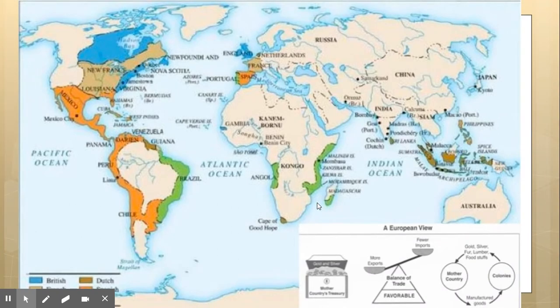And this is just kind of going back to the areas that are taken over by your European motherland. All right, so the mother country, France, Spain, and England, you can see all the difference. So England's owning everything in the blue, France, the Louisiana Territory, everything in brown, and then Spain, everything in orange. And this is going to get to mercantilism, which we're going to talk about here in just a second.